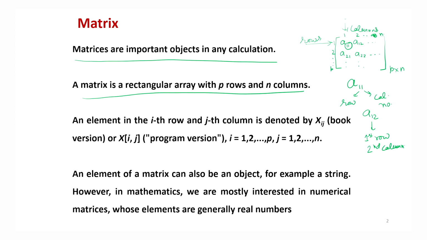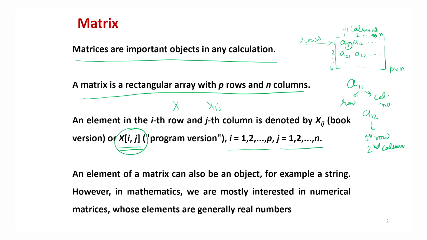And as we write in the book, as I explained you, suppose if I try to denote the matrix by here x, then usually by xij we write down its elements. But this xij is written in the book. That is how we try to understand the matrix theory from the book. But in the software and in the programming language, usually we try to write this thing as x inside the brackets i comma j. So, here i goes from 1 to p and j goes from 1 to n, right.